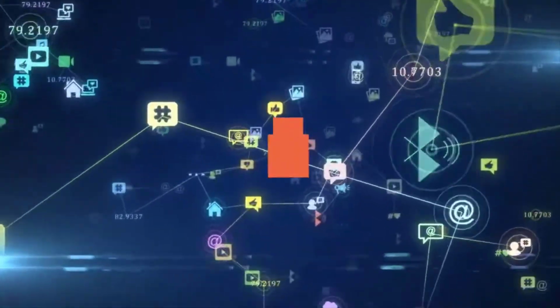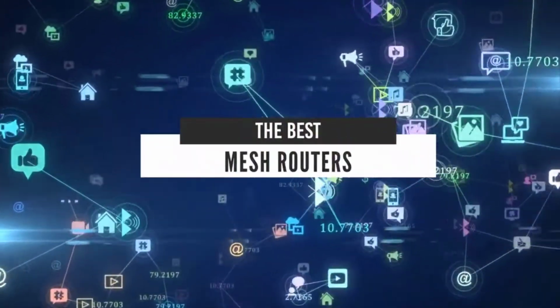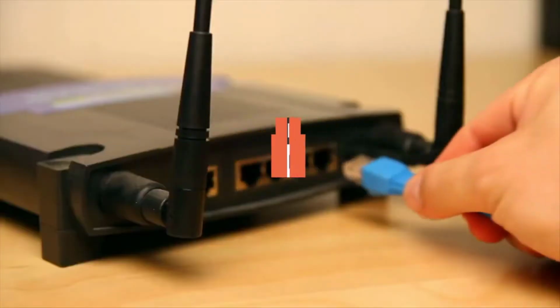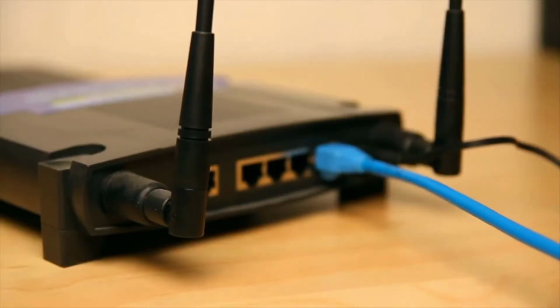Hello everyone! Today we'll take a look at the best mesh Wi-Fi routers in the market for 2021. I made this list based on my personal opinion, and I'll try to help you find the right one for